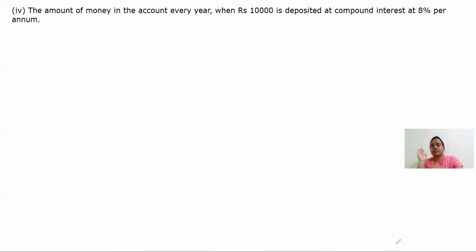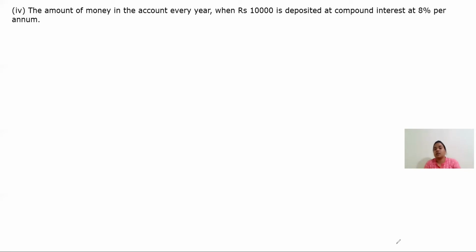In simple interest, the interest that we get for a particular amount is the same for all the years. First year I'm getting rupees 100, suppose, as interest. Second year also I'll get rupees 100. Third year also rupees 100. Fourth year also rupees 100. Means if I know the interest of the first year, then I can calculate the interest of any number of years by just multiplying. Suppose first year is 100 rupees, so after 10 years, my interest will be 10 into 100.